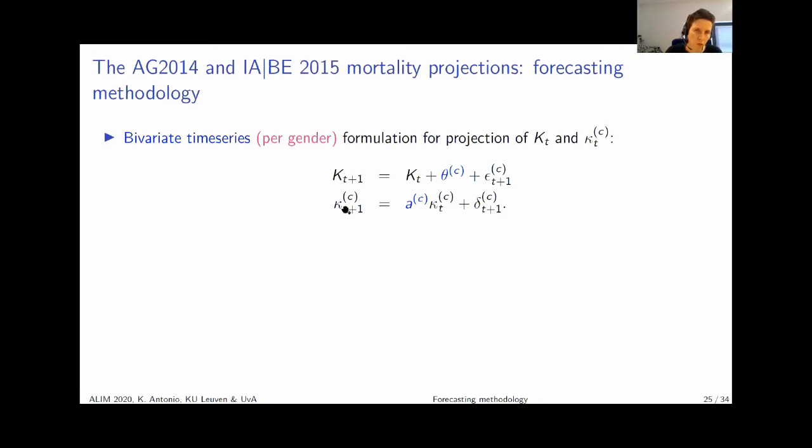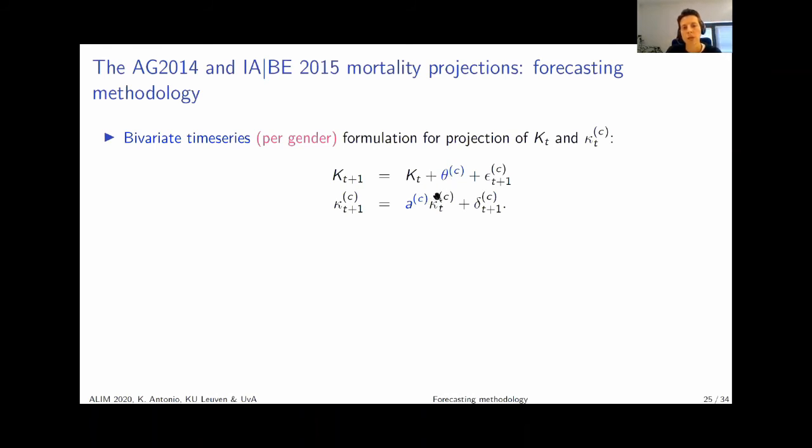So if my focus is on Belgium, then I'm going to use the kappas for Belgium, for females in Belgium, for instance. And then I'm going to calibrate this set of two time series specifications together, and I'm going to get a specific value calibrated for the theta, the drift parameter. But if the focus of another researcher is on the Netherlands, then he or she is going to combine these time-dependent parameters at the level of Europe with the Dutch-specific kappas, and work with this bivariate time series